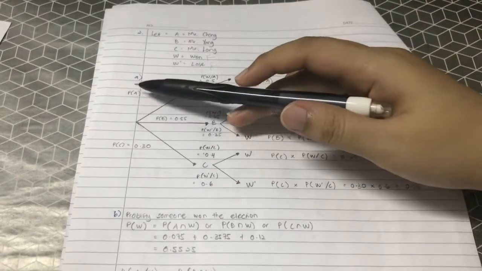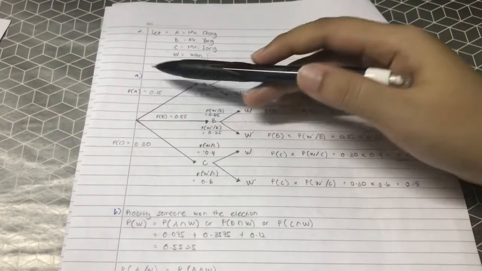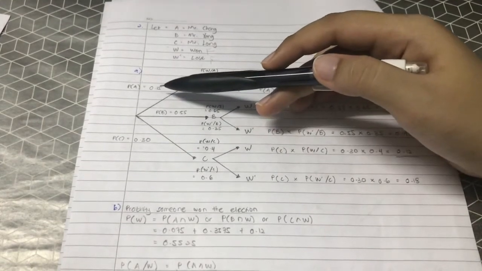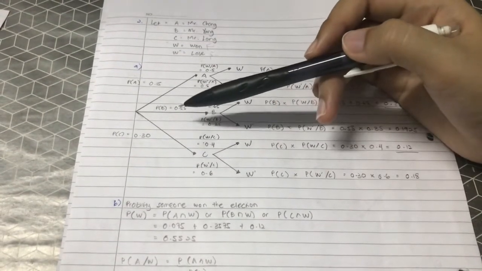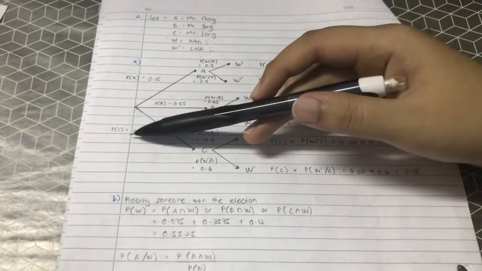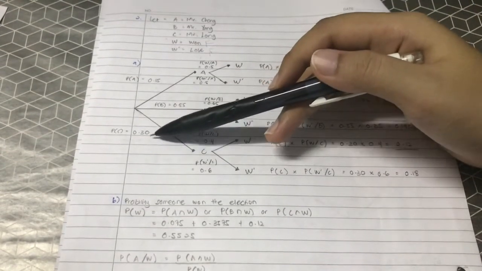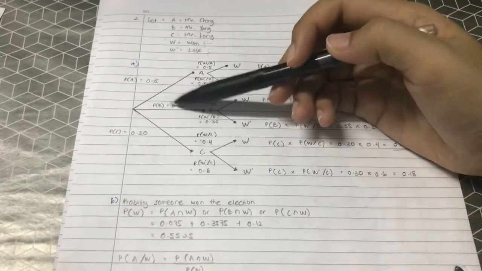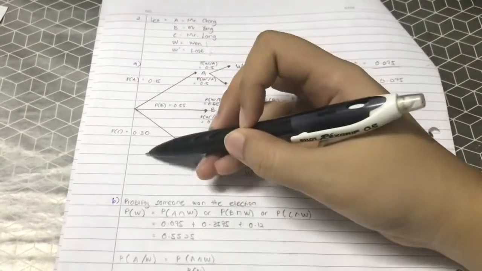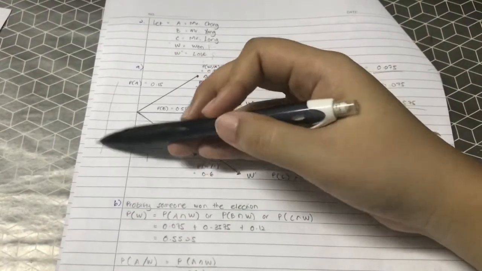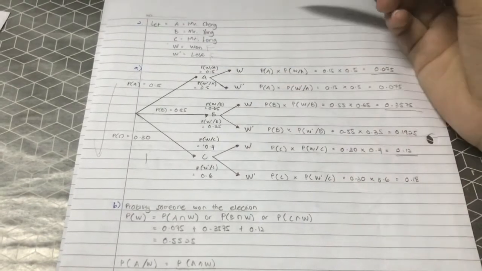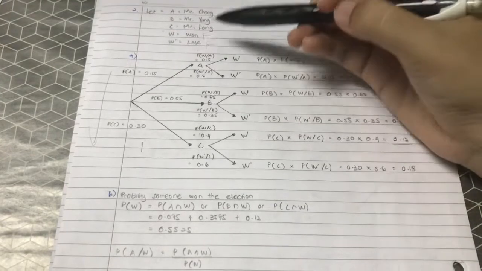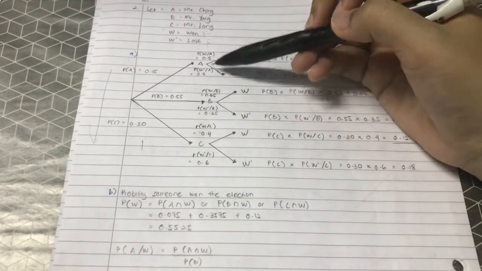So PA, which is the probability of A, equals 0.15. This is mentioned in the question. PB equals 0.55 and PC equals 0.30. As you can see, if you add all of these numbers, you will get 1. So after you draw the 3 arrows, for each